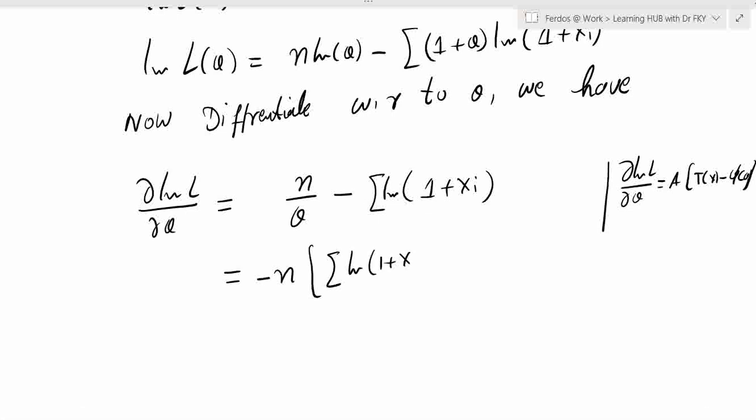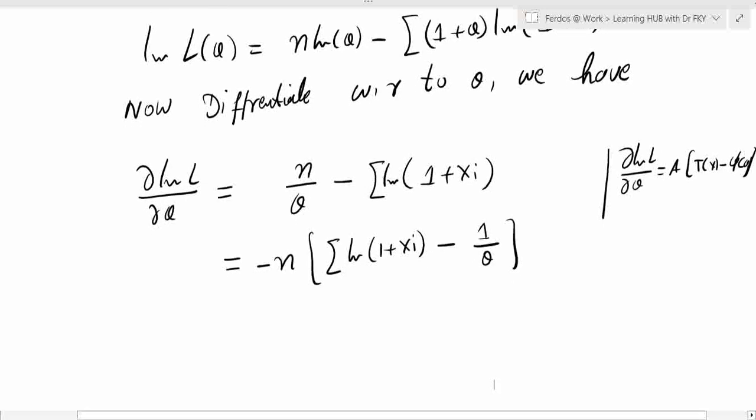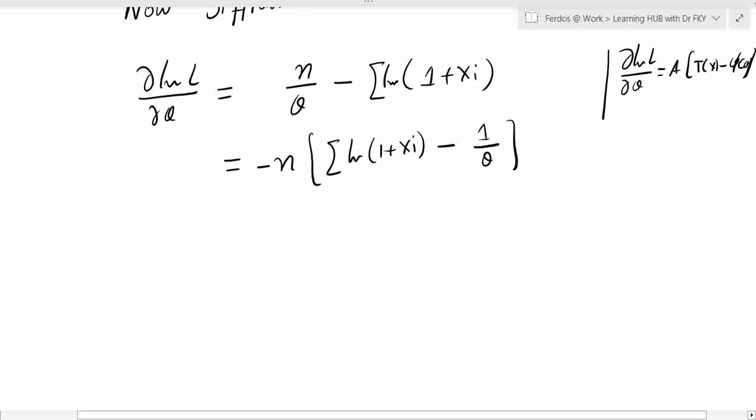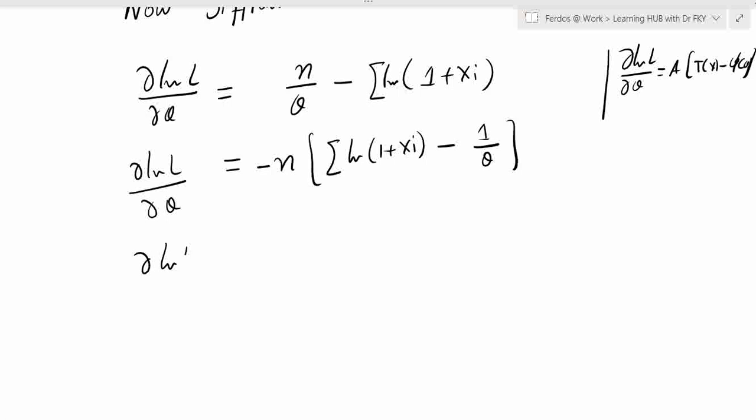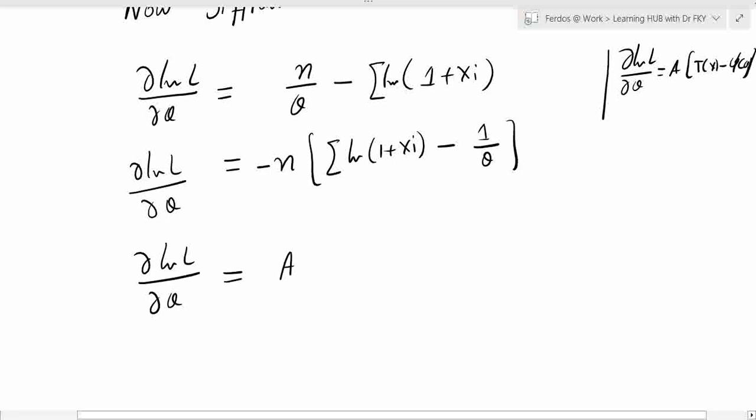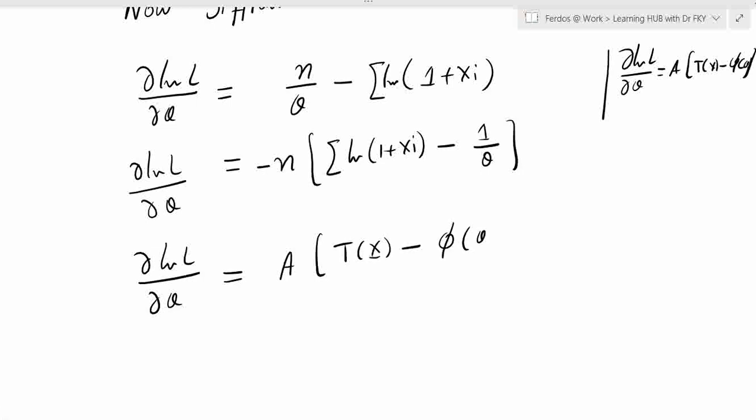So this will become the summation of natural log of 1 plus xi, minus 1 divided by theta. You can see this looks like the shape which we required. This is equal to a times t of x minus the function. So this is the same shape as we required, where